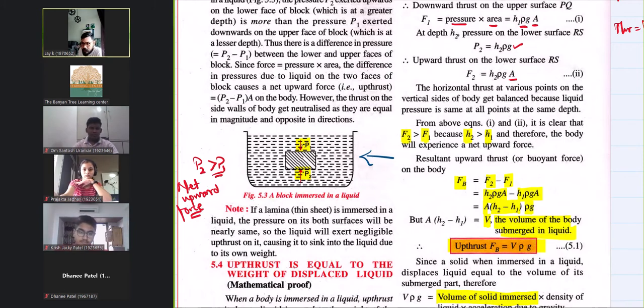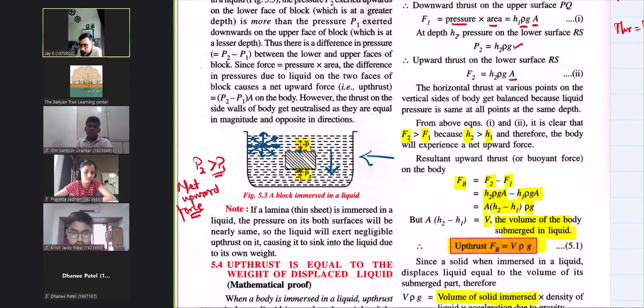This fluid has the property of exerting force in all directions. It exerts force in the right direction, left direction, upward direction, downward direction, all oblique directions, everywhere. Fluid exerts force in all the directions. Here some downward force will be exerted by this liquid. This force increases with the depth. As you go below the surface of the fluid, this force increases.